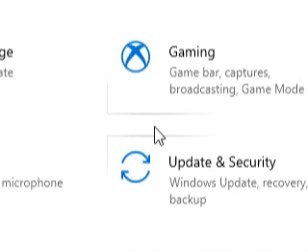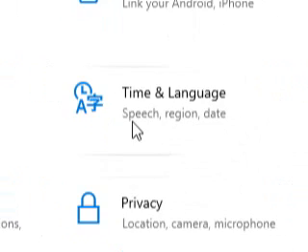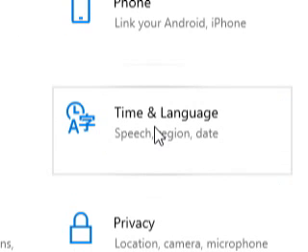And out of more than 10 settings, for changing time and date, you should choose time and language. Now I am clicking on time and language.